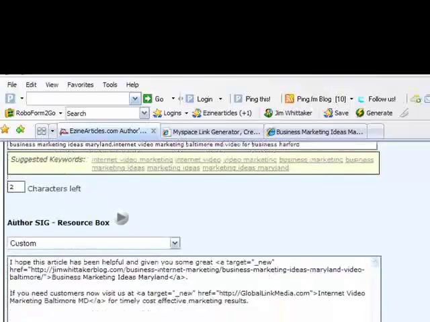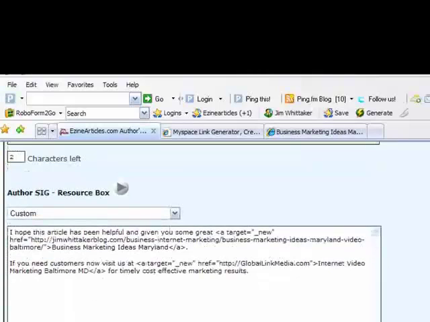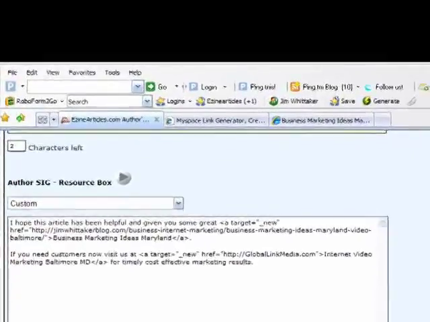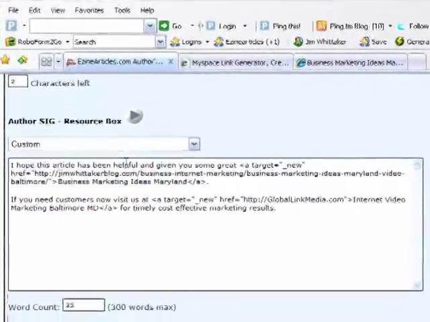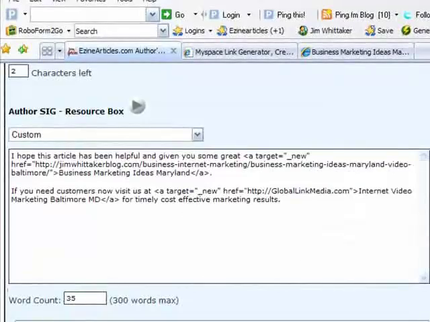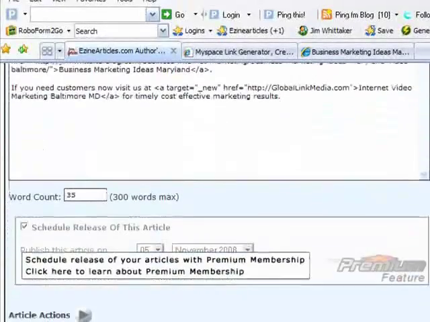The important thing to know is when I learned this technique and this structure for the resource box, this is when my articles started to rank. I wrote a lot of articles and could not understand why they didn't rank, but once I learned this technique that I'm going to show you, my articles started to rank on the first page of Google continuously. So let's take a look. Now here's that resource box. You see how it looks here with all that code, but when we go to preview the article,